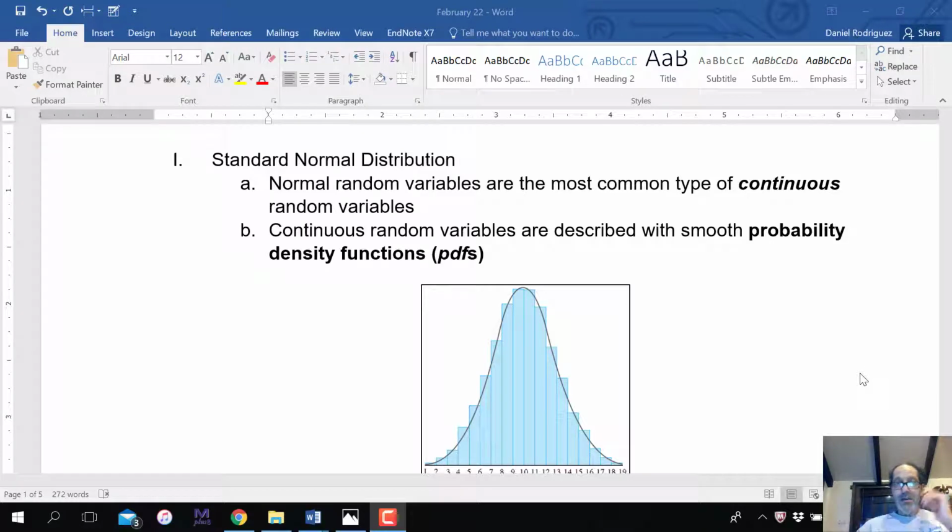All right, today I want to talk about the standard normal distribution. Actually, I just want to talk about the normal distribution. If you look at the figure, you can see that this normal distribution looks like a bell. In fact, it's often called the bell curve, and there was even a very controversial book called The Bell Curve,